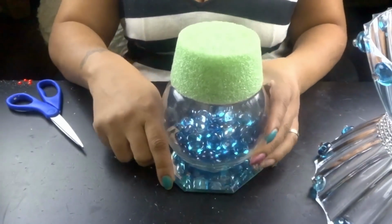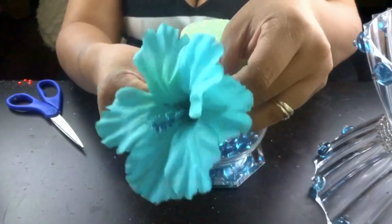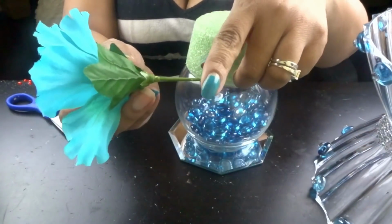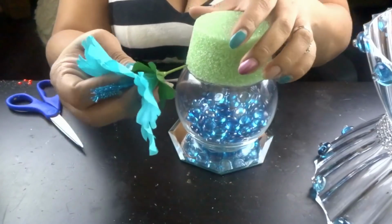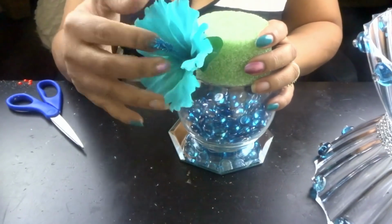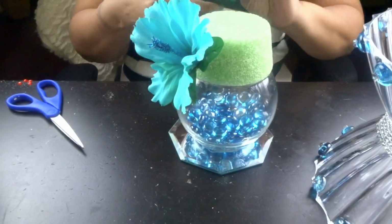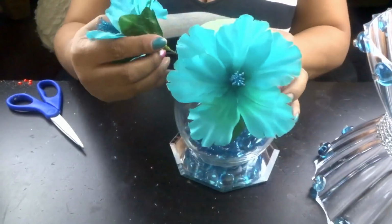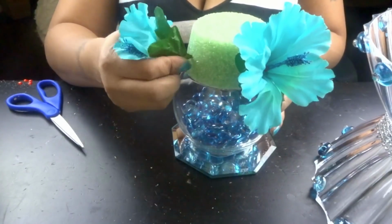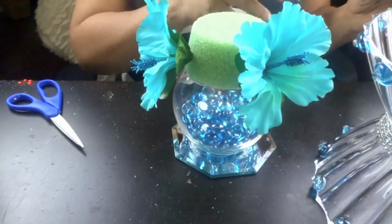You should have an object that looks like this, and it is prepped and ready for us to add our beautiful flowers. So I have already taken the flowers off the stem, and I left just a little bit of, probably about 1.5 inches of stem there, so it could be easy to insert into the foam without having to add hot glue. However, if you want to add hot glue, you can add a little bit of hot glue at the tip of the stems before you insert them into the foam, and that will help them stay in